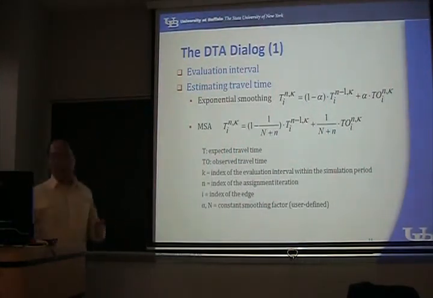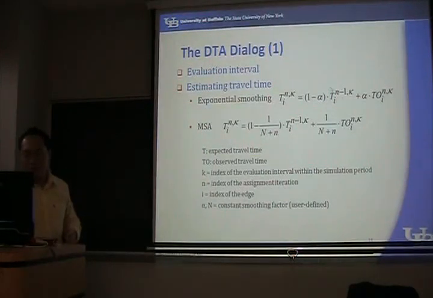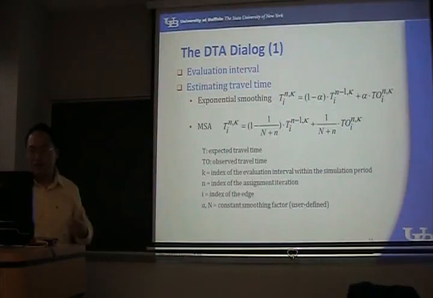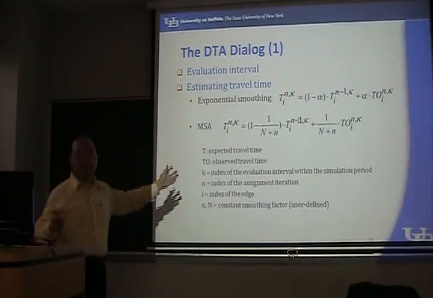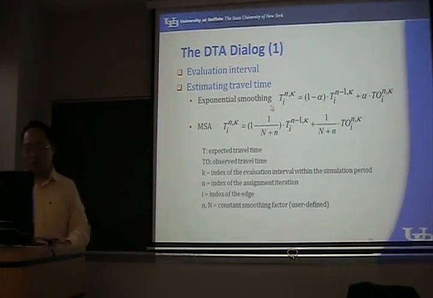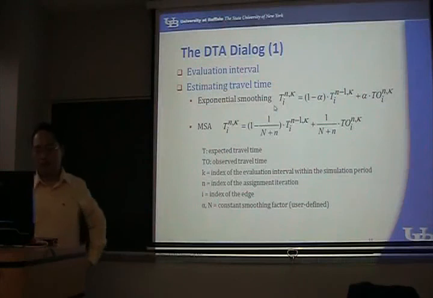So it's a function of the observed and a function of the expected. And here are two weights, 1 minus alpha and alpha. This is another function of 1 minus something and something. So it's a weighted result. Observed is the current time interval. Yes. And expected is the